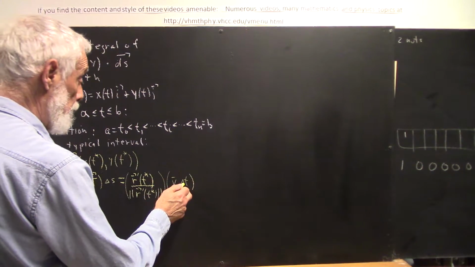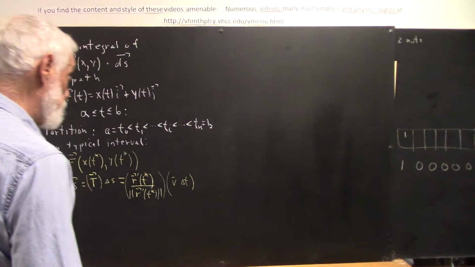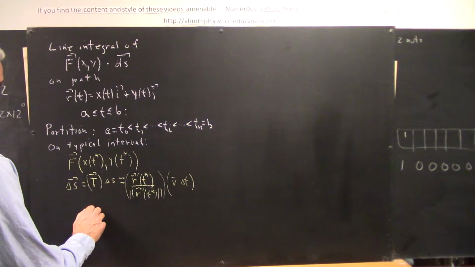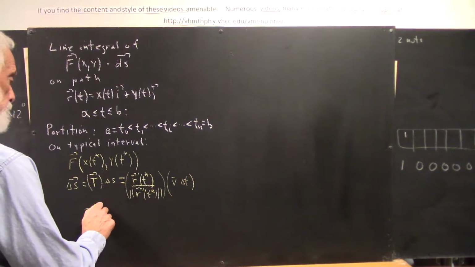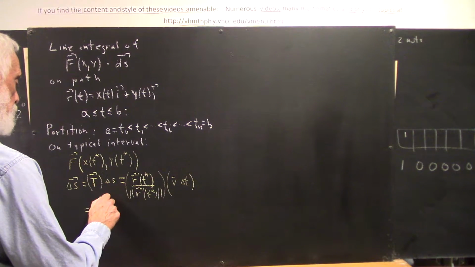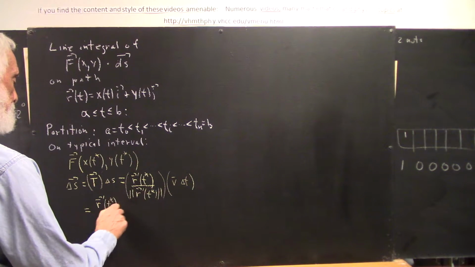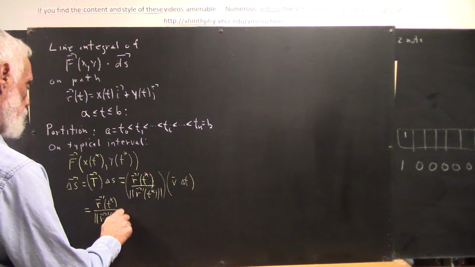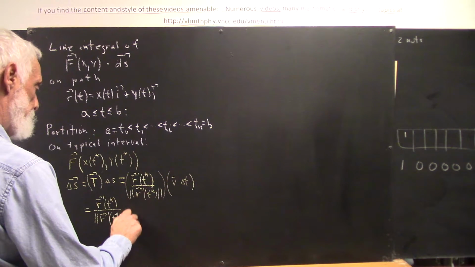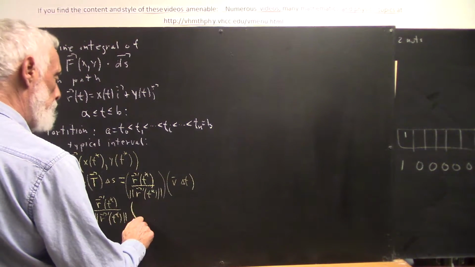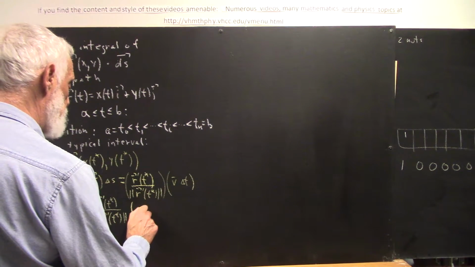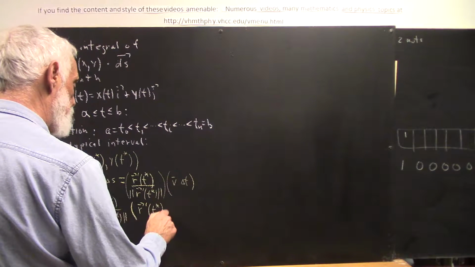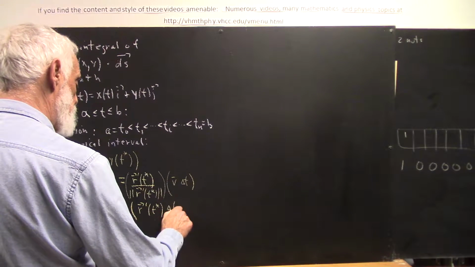I multiply it by delta t, and I get the change in r. So this is going to be r prime at t star divided by the magnitude of r prime at t star, in other words our unit tangent vector again, multiplied by v,